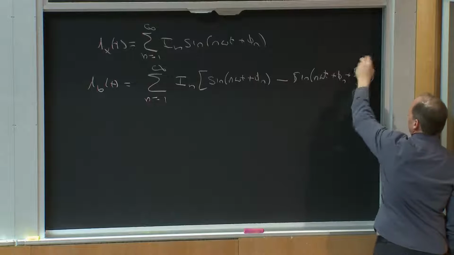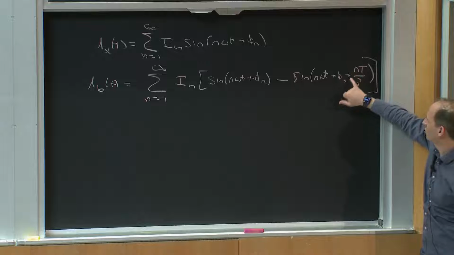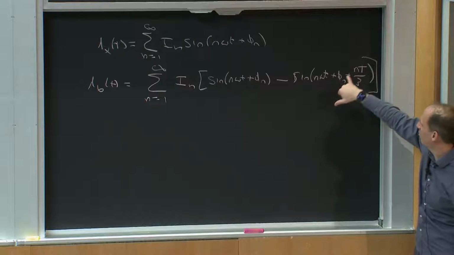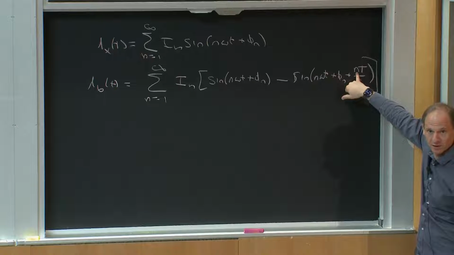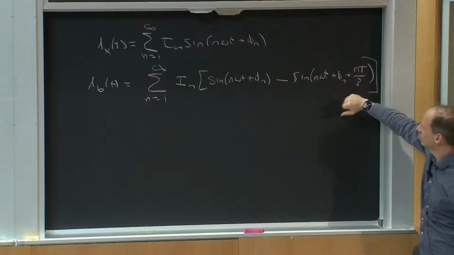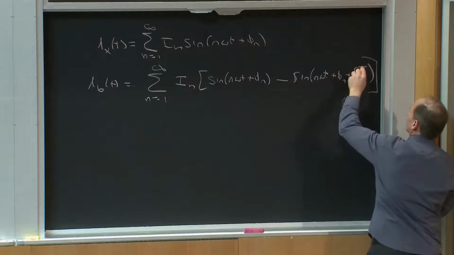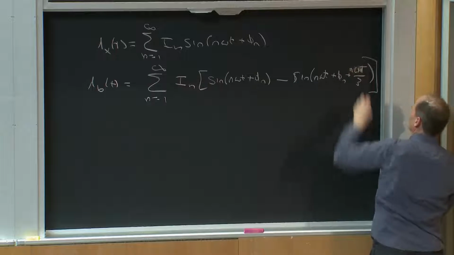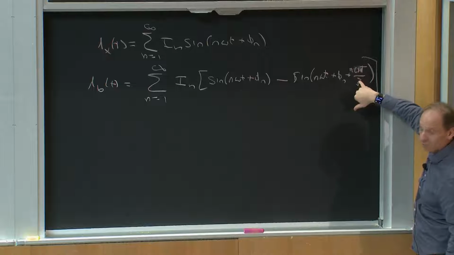So it's the difference between a signal and a signal where I'm shifting by T over 3 in time, but for the nth harmonic, that is a phase of n omega T over 3, okay? And omega T is just 2 pi, so it's n times 2 pi over 3,